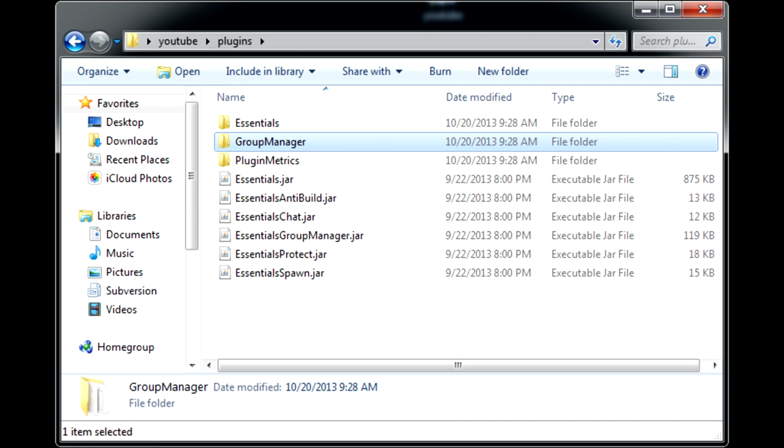Today's video, we're going to be going into the plugin GroupManager. We're going to be doing an overlay video and what you should do to keep track of what permissions go to what rank of user. This is going to be a series of videos. I'm hoping not to keep them too long, but